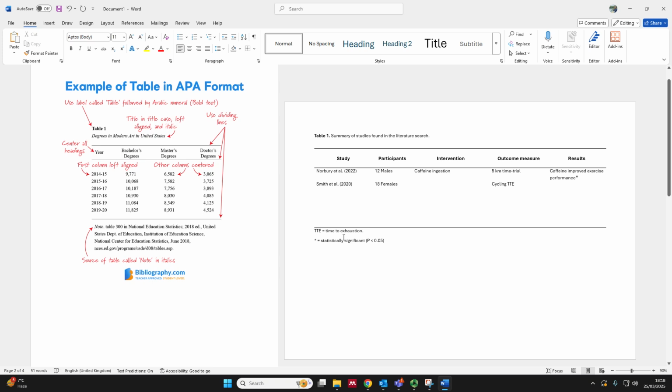Okay, that is pretty much it for how to create a table. So that's the general rules that you need to follow and how to format it. Like I said, there's no one size fits all for a given study or a given table that you need to create. So have a play around with it, have a play around with the formatting and the information you put in,